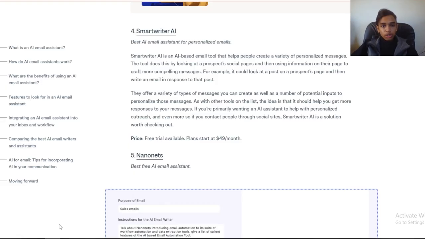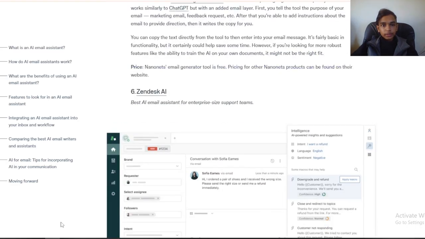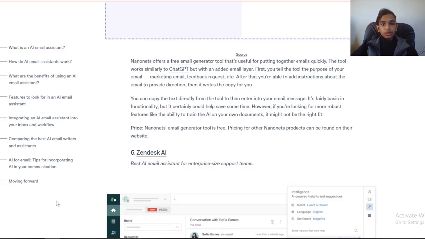Nanonets, best free AI email assistant. Nanonets offers a free email generator tool that is useful for putting together emails quickly. The tool works similarly to ChatGPT but with the added email layer.